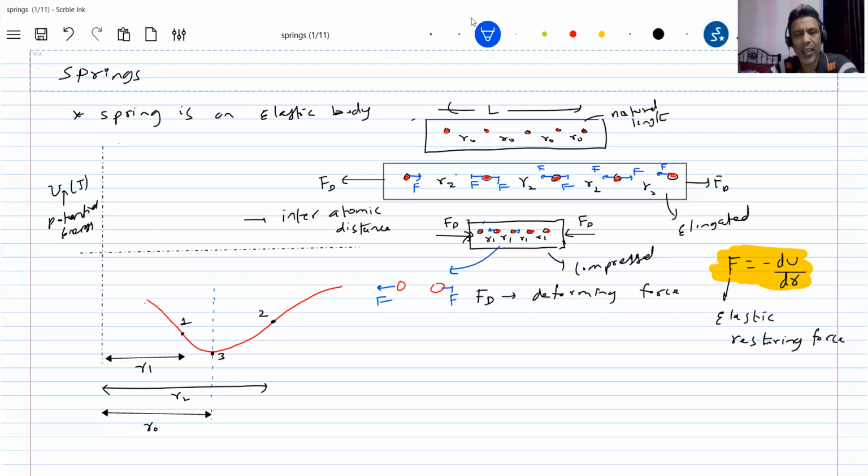So, got the idea? Any doubt, anybody? Sir, the forces on the atoms in the middle are balanced, right? No, not balanced. I'm just showing a rough idea. Aren't they equal, sir? They should be. Here, I'm showing only a schematic diagram to show that the force acting on the atoms will be like this, and with that they'll come to the original position.